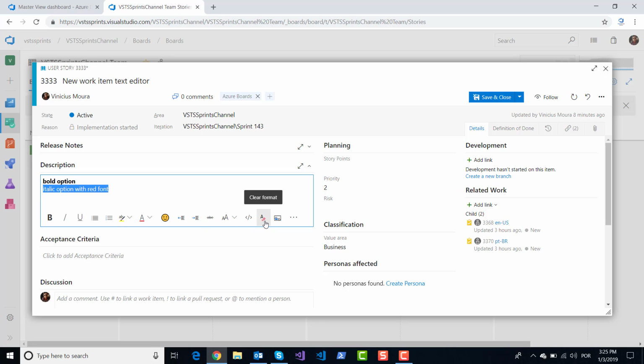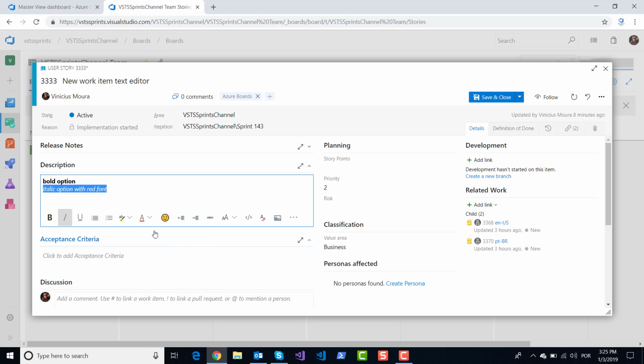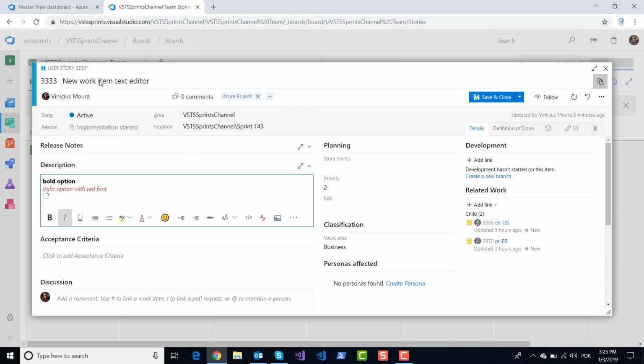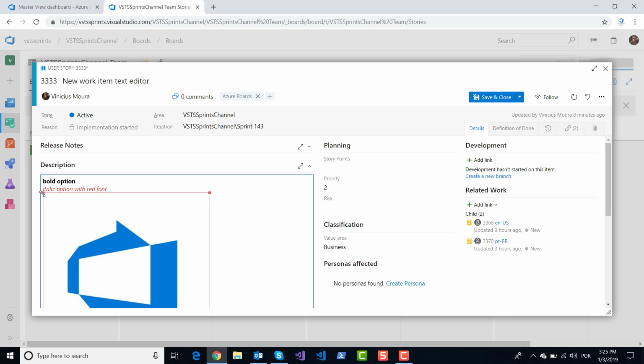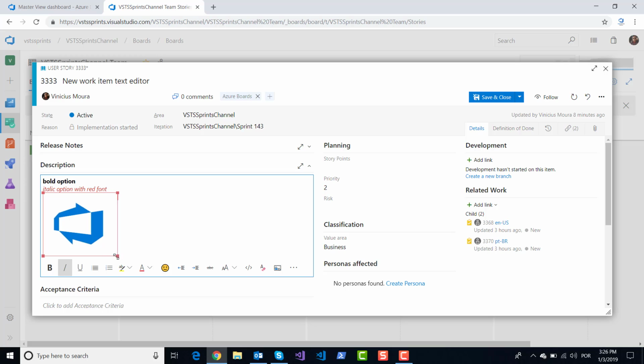I click on clear format, and after this I'll click on italic, and of course I'll click on red font. Okay, and I will put an image here, example, and resize this image, of course. Okay, and we will have this option description, acceptance criteria, and discussion field or other fields, and you can customize